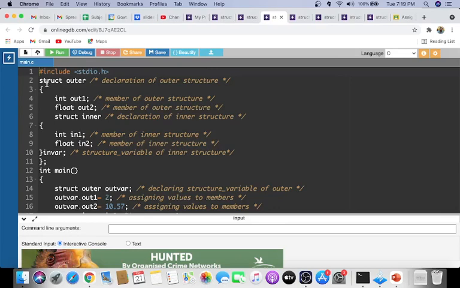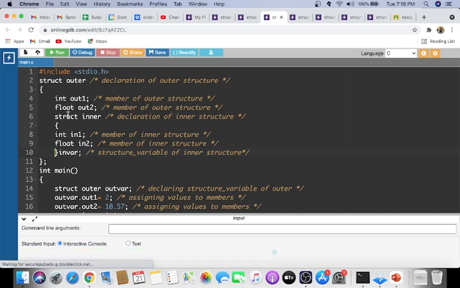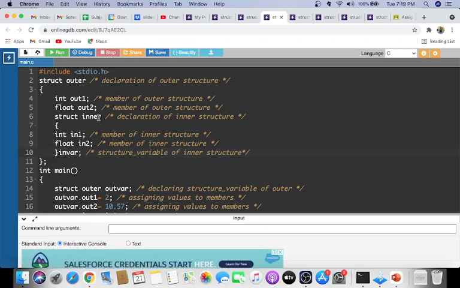So this is the outer structure. Now I will use some tabs here, then it will be easier to understand. So struct, I am using a name tag here, outer. This is the declaration of the outer structure. Inside that we have an integer type, then we have a float type, then we have a structure also. That structure name is inner.